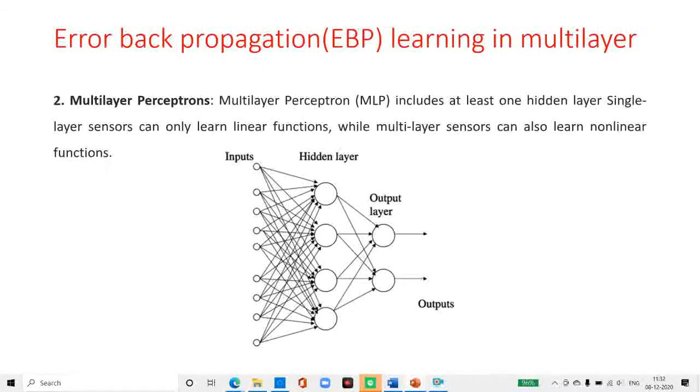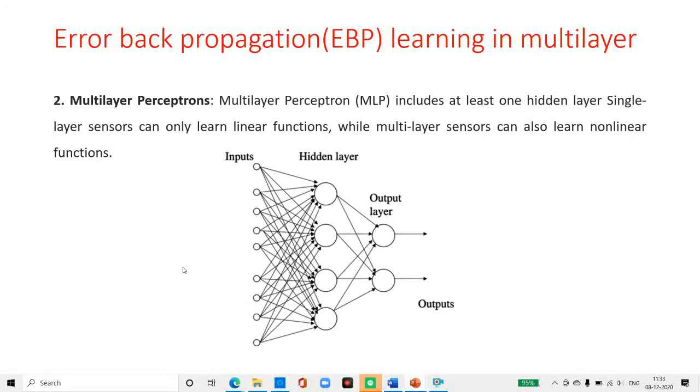Then the next is the hidden layer. The hidden layer also has three nodes. The offset node output is 1. The output of the other two nodes of the hidden layer depends on the output of the input layer, 1, x1, x2, and the weights attached to the connections. The output of the other hidden nodes is calculated in a similar way by applying some activation functions. These outputs are passed to the nodes in the output layer.